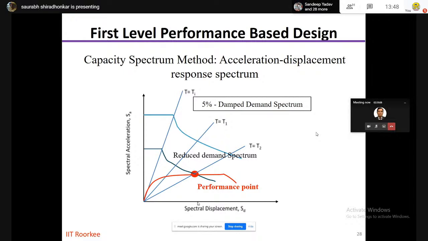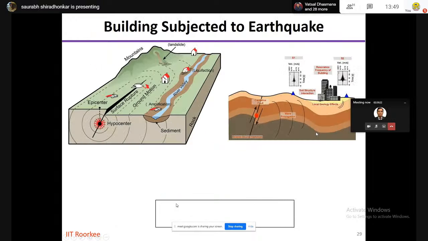The moderate state is not satisfied. So if you want to improve your performance, or reduce the displacement at the performance point, you need to increase your capacity. If you increase this red line, it will cross somewhere here, and that's how you can reduce the spectral displacement. This is the general procedure which has been given in